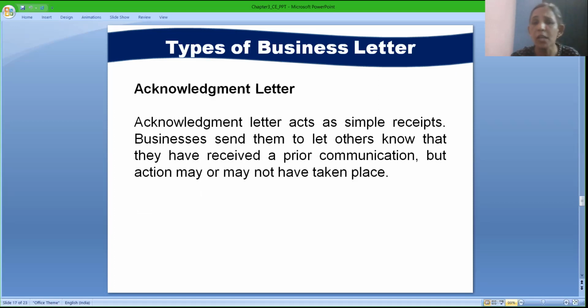The next is the acknowledgement letter. Now, whenever you are asked to do some action and the other person wants a confirmation from your end that yes, you have read and you are going to respond to that particular letter, such kind of letter is called an acknowledgement letter. Please remember, acknowledge means I agree. I have read the particular letter, and based on that information, I hereby declare, or I hereby acknowledge, or I hereby promise to do something. That is called an acknowledgement letter.